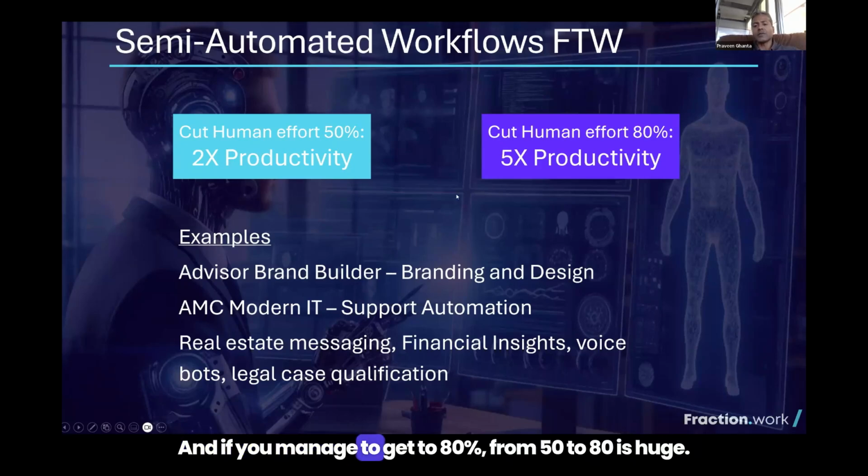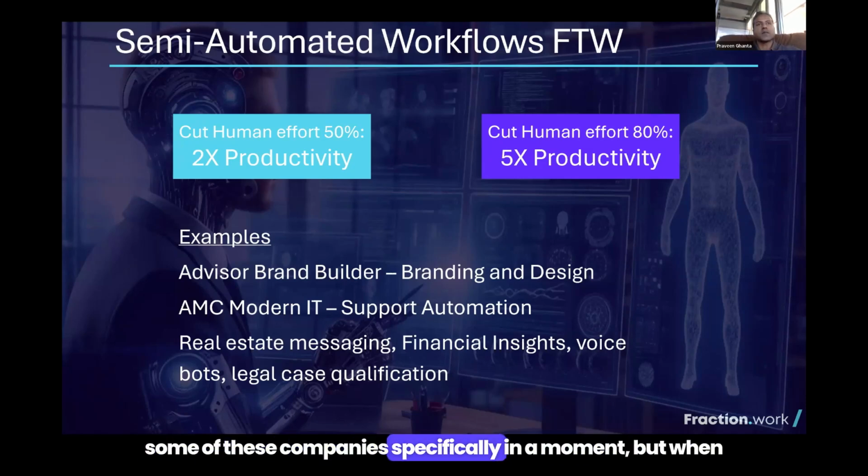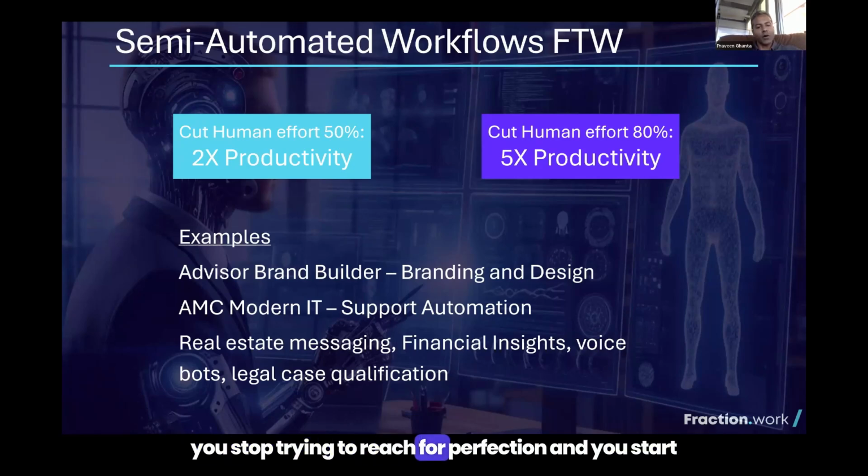And if you manage to get to 80%, from 50 to 80 is huge. Now you're at 5x productivity. So that's really where the meat of the gains are, and what we've seen in practice, listing a couple examples here, and I can dive into some of these companies specifically in a moment. But when you stop trying to reach for perfection and you start out